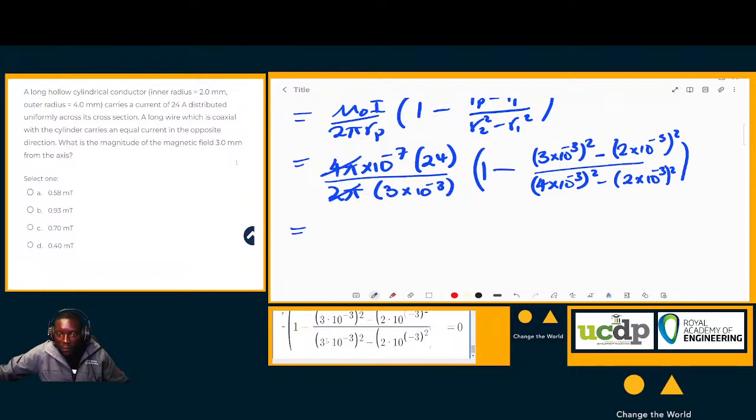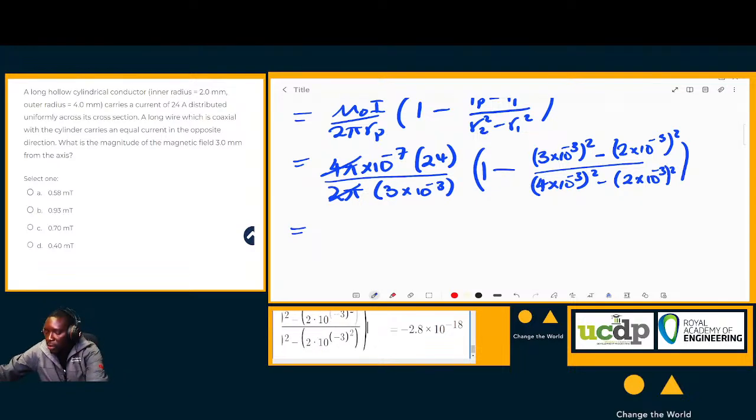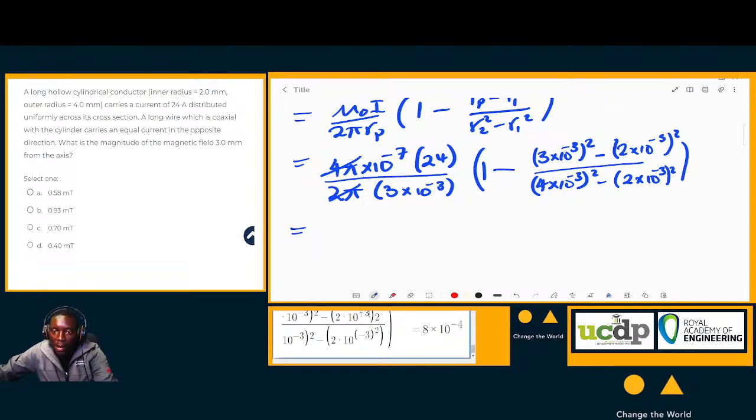So divided by 4 times 10 to the minus 3 minus 2 times 10 to the minus 3 squared. Did I do this right? I don't like this. 10 to the minus 3 and squared there. So this out,